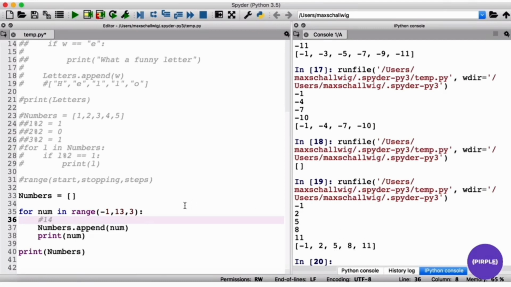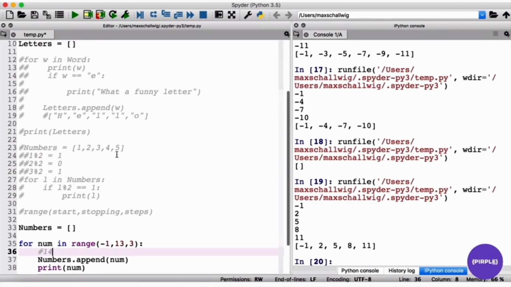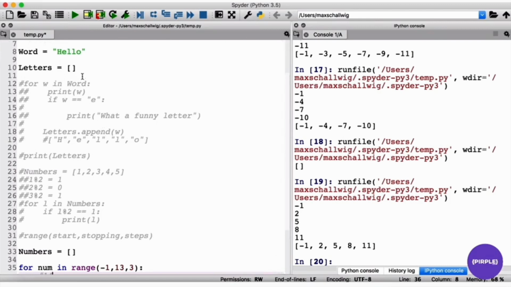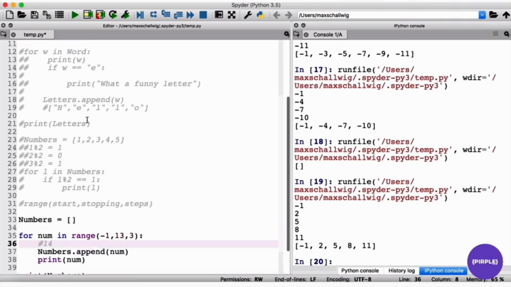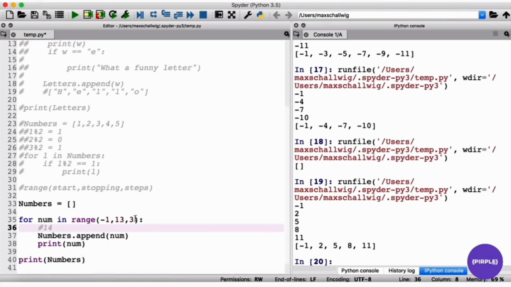So for loops are really, really great. They're really powerful, they let you do a lot of stuff. They let you go through lists, as we've seen up here. They let you go through strings, so you can get out every single character. You can do functions, or you can call functions. We didn't do that, but you can also do if statements inside here, for example. You can also use the range function to create your own range of numbers